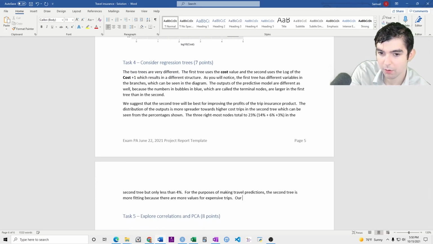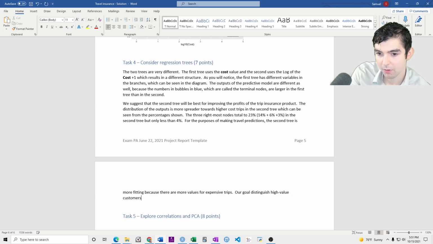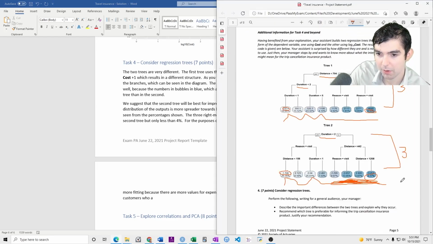So our goal. So for the purposes of making travel predictions, the second tree is more fitting because there are more values for expensive trips. Our goal is to distinguish high value customers. So it seems like these values are small, but if you take 10 to the 3 or 10 to the 3.2, that's like 10,000.